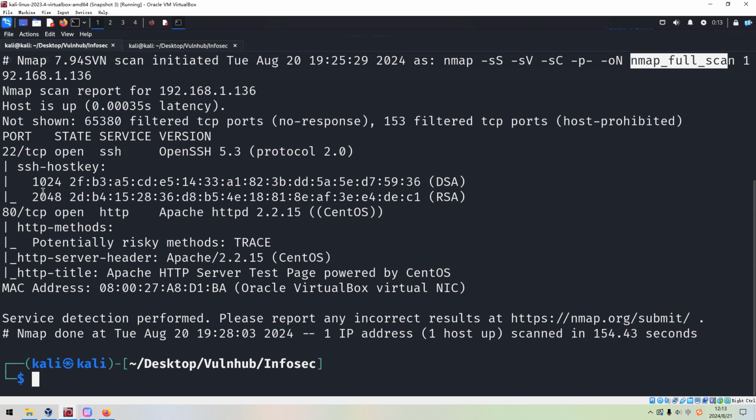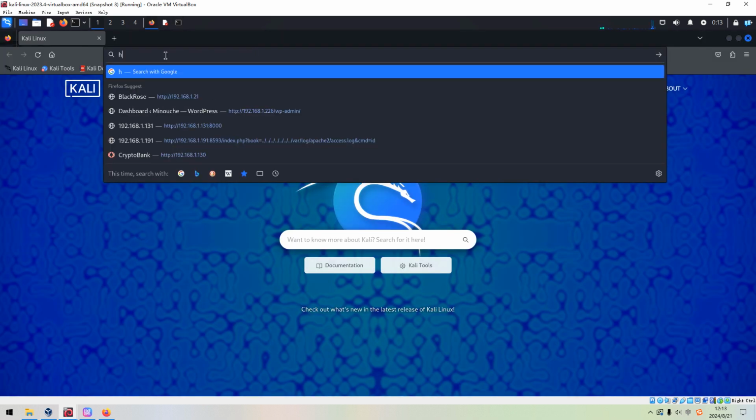So what are we going to do next? Because of the SSH service, although this version is very old, I don't think we can find any appropriate exploit or vulnerability for this particular version. So we just ignore this service for now. Next, we need to do enumeration of the web application, and the service is Apache 2. We need to do such enumeration both manually and automatically. So let's fire up our browser to do the manual enumeration first.